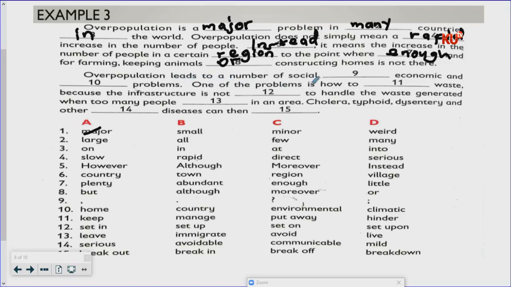Overpopulation leads to a number of social, economic and environmental problems. The answer to pick there is environmental. Environmental problems: one of the problems is how to manage waste. To manage means to keep, hinder, put away. It is how to manage